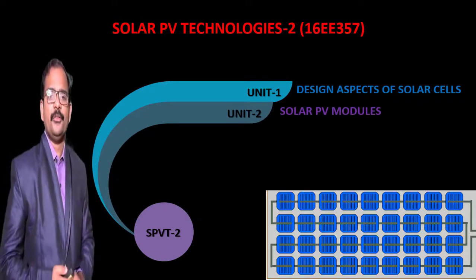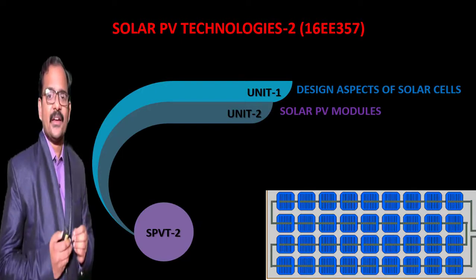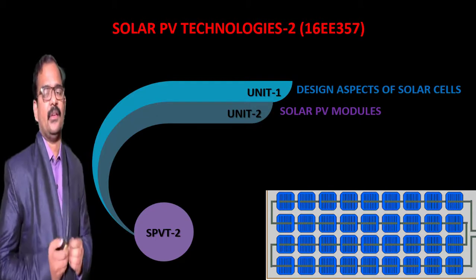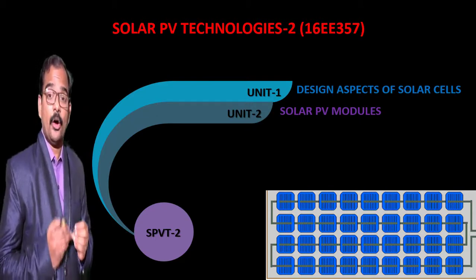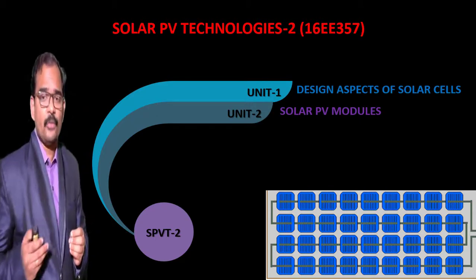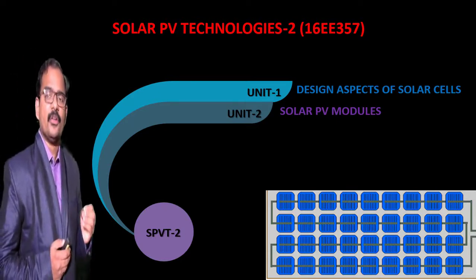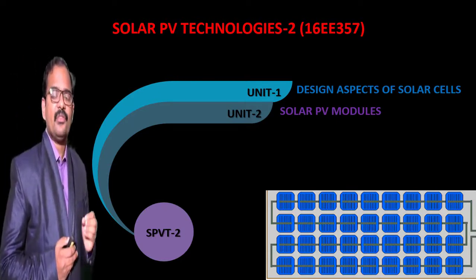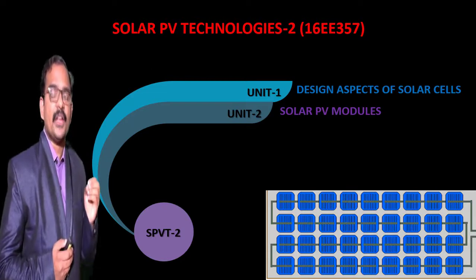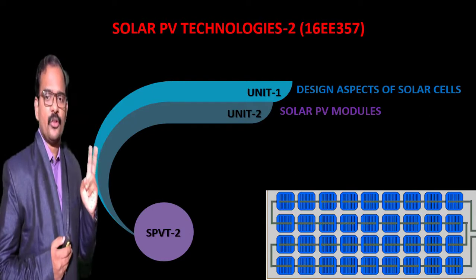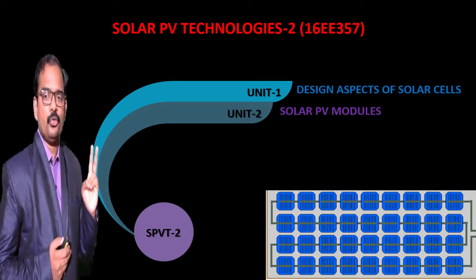So in this particular unit, we have seen the interconnection of series and parallel connection of solar cells, as well as PV array or series and parallel interconnection of solar cells. Later we have discussed the concept of shading, and then we have seen the usage of diodes in a PV module. There are two types of diodes which are used in the PV modules. Number one, bypass diodes, and number two, blocking diodes.